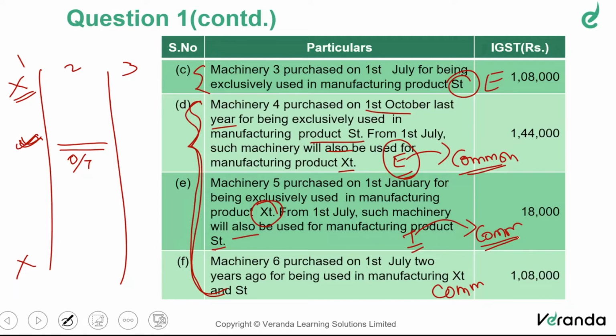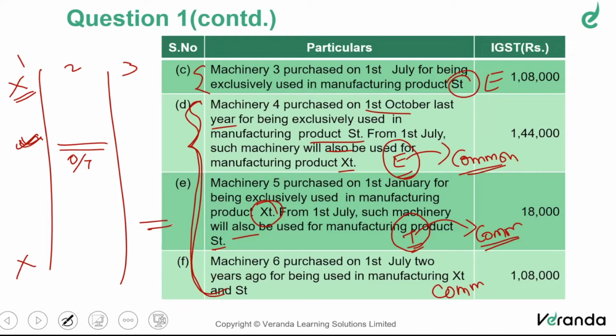Think very carefully. We can avail, but the proportion of ITC to be availed will come down. Please note, my dear friends, earlier in January itself, it is completely used for taxable product. In January itself, we would have availed fully. Now we need to reverse. No need to, that is, now it will come in step number 3. It will get added to step number 3.